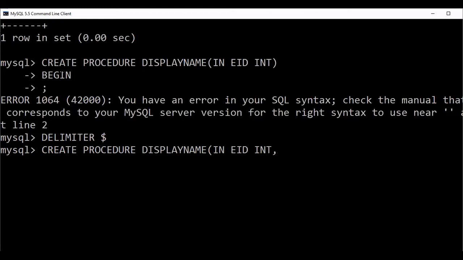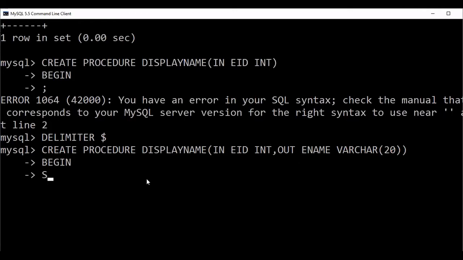The name will be returned, because a return statement is not there, so I can include an out parameter here. Out. Okay, the variable name is ename, and the data type is varchar of 20. The same thing I replaced. Then begin. So I'm beginning the procedure. See here how it is replaced, only by including this out parameter.